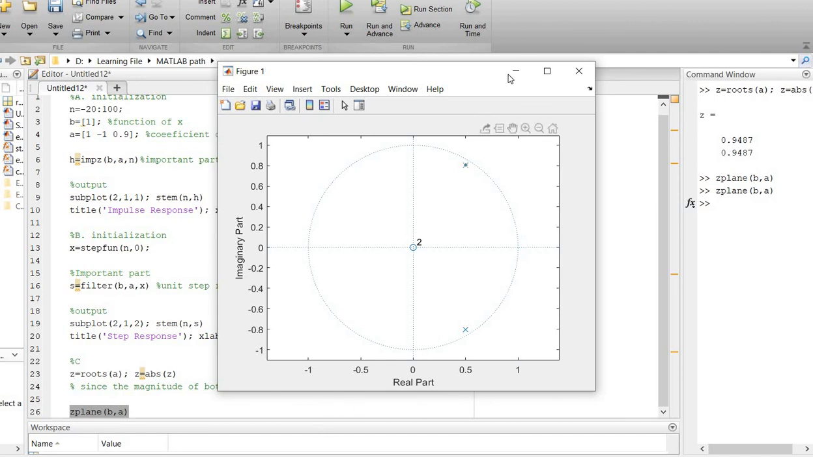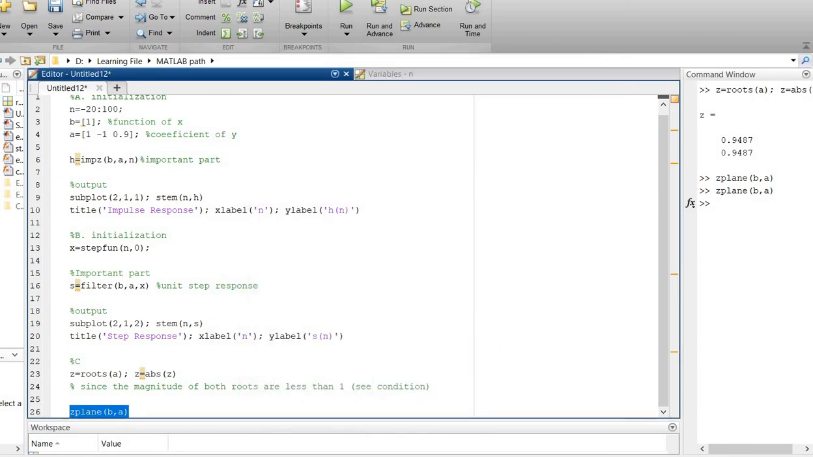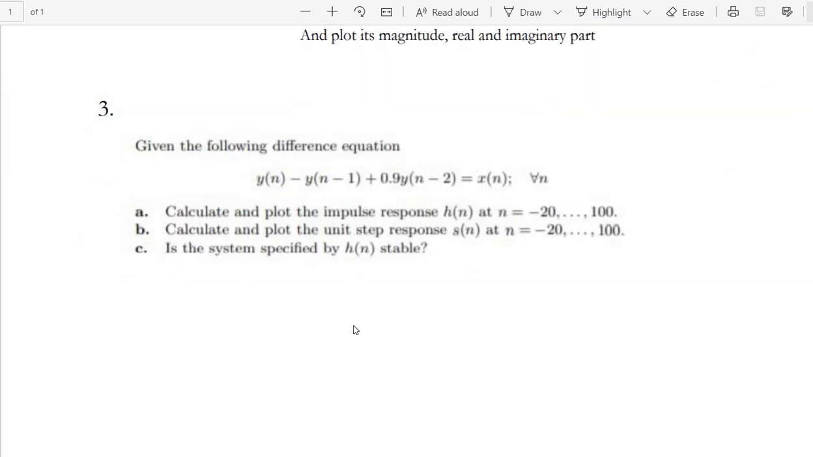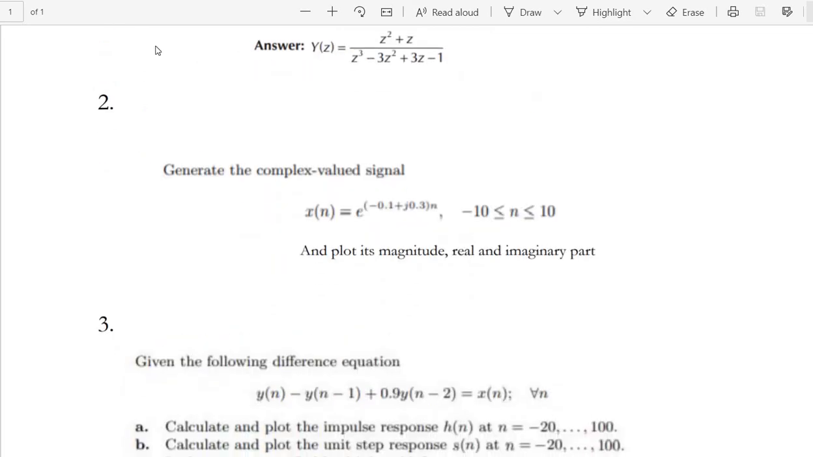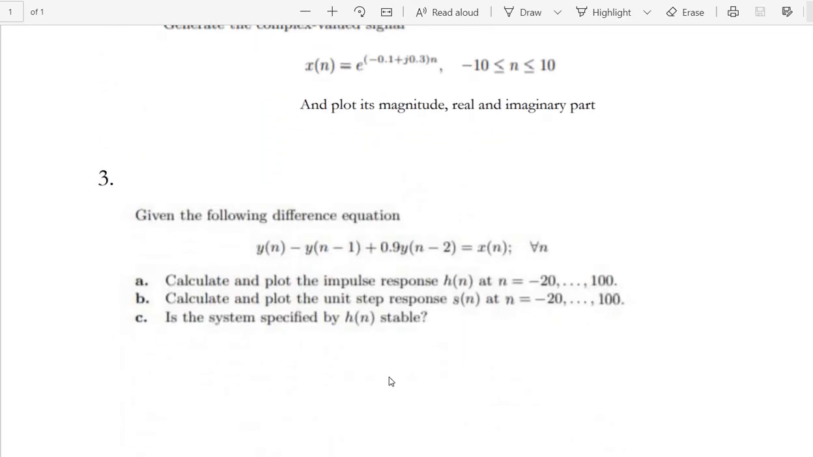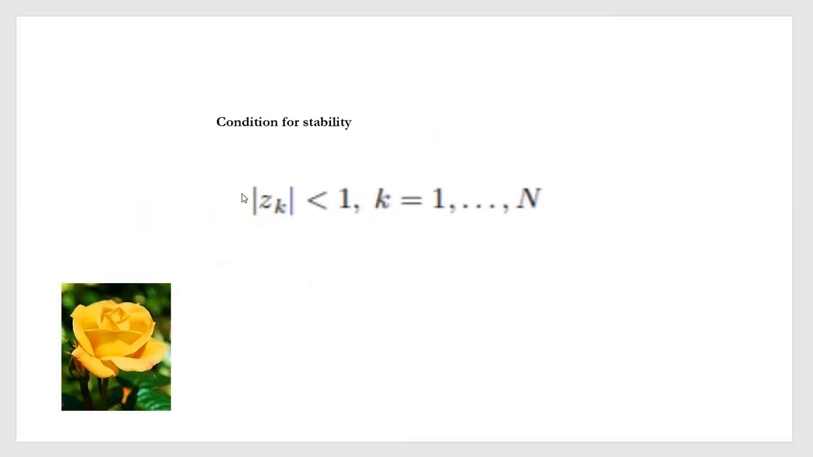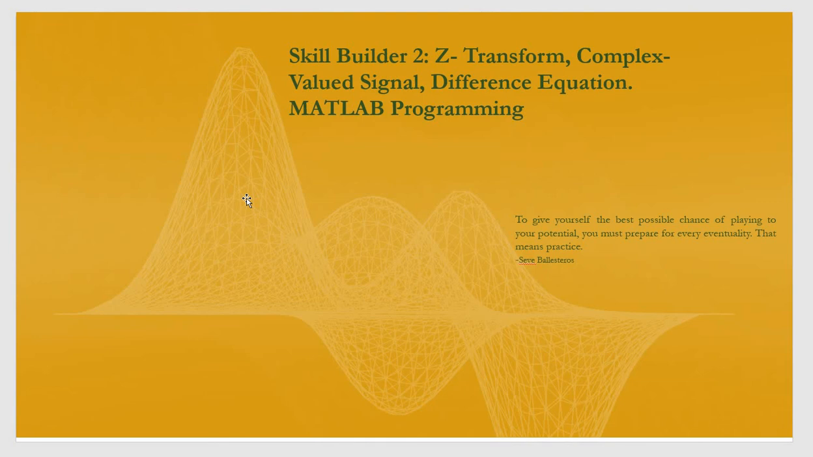Okay, so that's it for today. Today you've learned how to solve this one: the Z transform, complex valued signals, and also dealing with the difference equation. If you've learned with regards to this one, skill builder number 2, okay, so you could